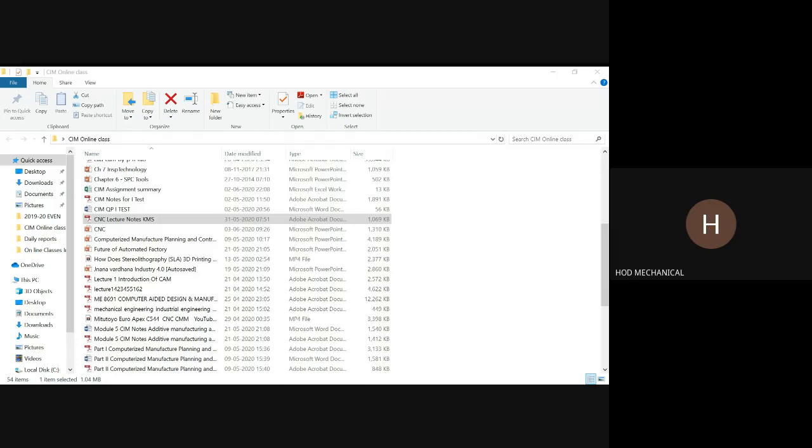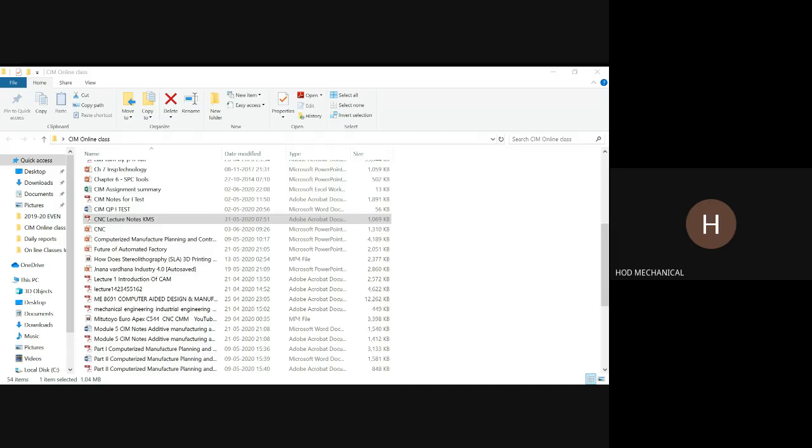It executes all circular or radial cuts in a clockwise motion. The G02 command requires an endpoint for the move, the radius, and a feed rate. Just observe here. G02. This is your starting point, and this is your target. 10 comma minus 20 is the starting point. 10 is the diameter, 20 is the length from here. This is 0 comma 0, this is minus 20, and this is a radius of 5, so it becomes minus 30 here.